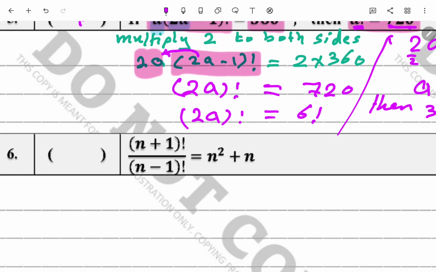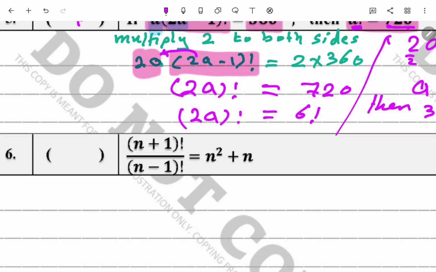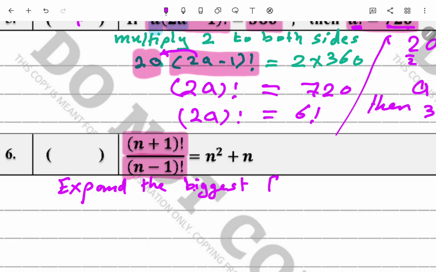In question number 6, we can see that we have a division, or a ratio, between a bigger factorial up and another down. So we have to start by expanding the biggest. So this is the way. Expand the biggest factorial, which is that up. So I can write now